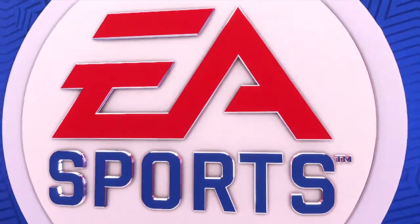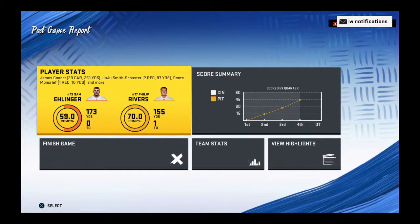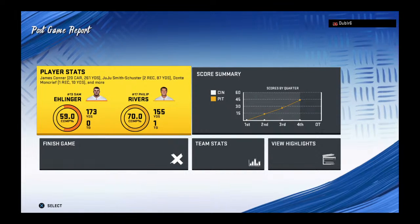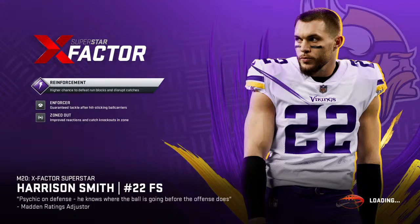So this one in the win column for the Pittsburgh Steelers. And I tell you what, Charles, this might be about as good as it gets. They were incredible. Yeah, offense was in fine form. The defense threw the shutout at them. I think they worked in concert together. What I like about the offense was they held the ball pretty well. You know, time of possession, exactly what they were looking for in this one. And that helped out their defense. Didn't have to be out there the entire time. So when you do that and you're out there fresh playing, with a little extra spring in your step, and it showed up in the...